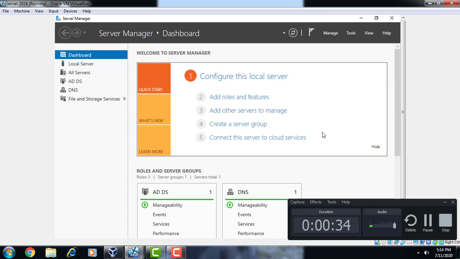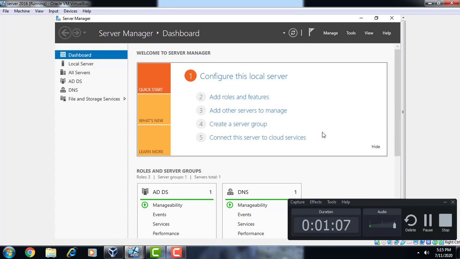There are two types of policy. The first is the default domain policy and the second is the default domain controller policy. In the default domain policy, we configure different types of policy which will be assigned on the client side, and the default domain controller policy is the policy which is assigned only on the system of the DC, meaning our own server system.